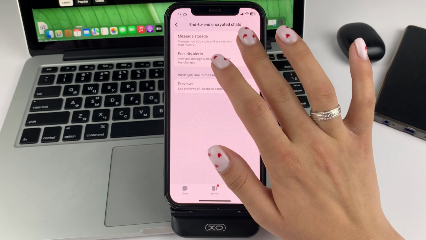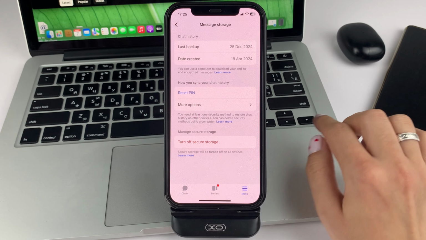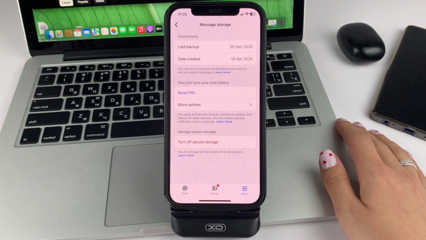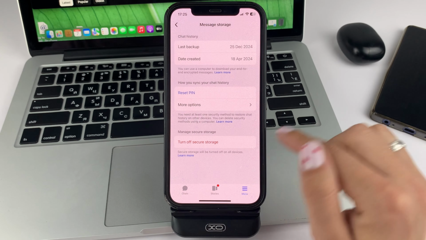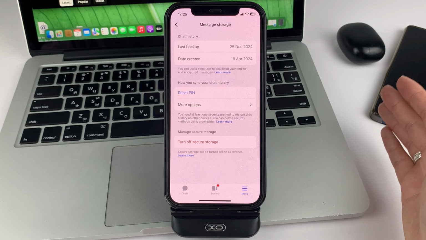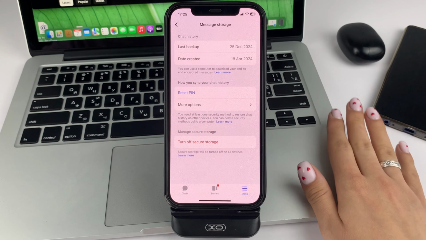Next, select Message Storage. Now you will need to click on the Disable End-to-End Encryption section at the bottom, after which you will need to click Delete. So friends, you will literally in few steps quickly and easily remove end-to-end encryption in Messenger app.